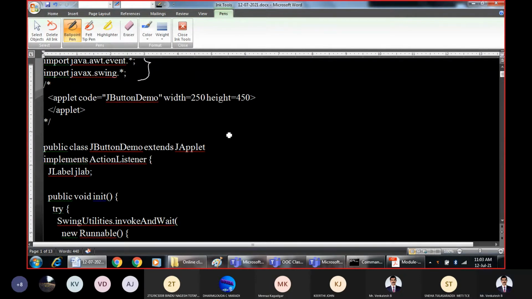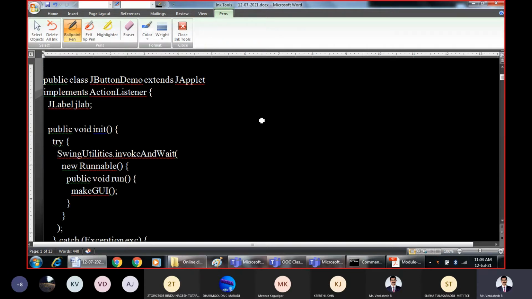Now the applet code tag indicates that JButtonDemo is the class which has to be executed whenever we run this program. The display area for that applet is 250 pixels wide and 450 pixels high. This is the default display area we are specifying; if you want, we can change that later.